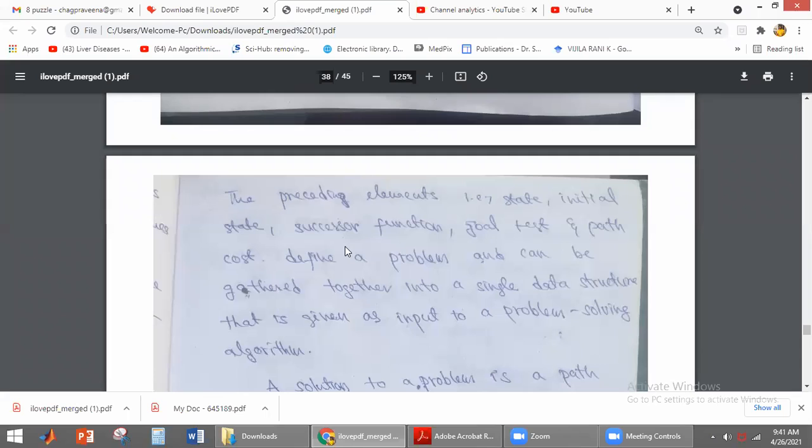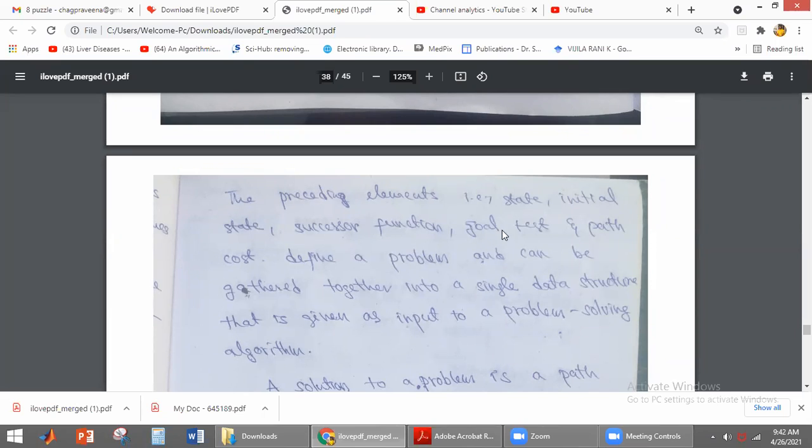Okay. So just now we have discussed that if you have any problem, the problem will be defined by using states. State is the set of possible states. Okay. Initial state is the state from which it is starting. That is called the initial state. And the successor function gives the possible states it can reach next.